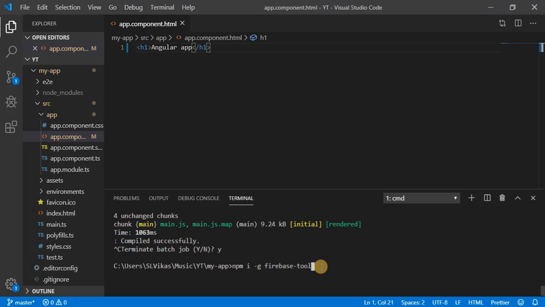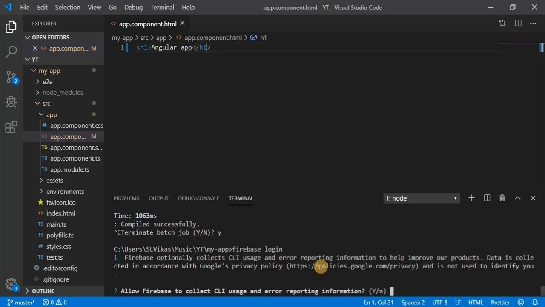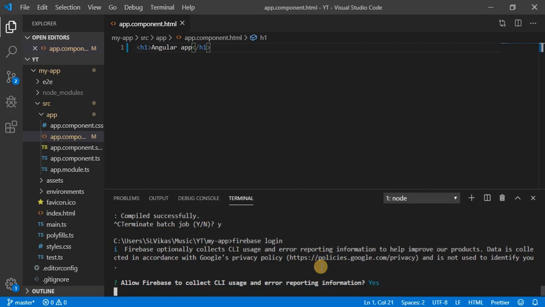Because I have already installed it, I am not going to install it once again. Next you have to write firebase login. Okay, hit enter. This command will ask you to log in to Firebase. As you can see, it's asking to allow Firebase to collect CLI usage and error reporting information. So give yes.